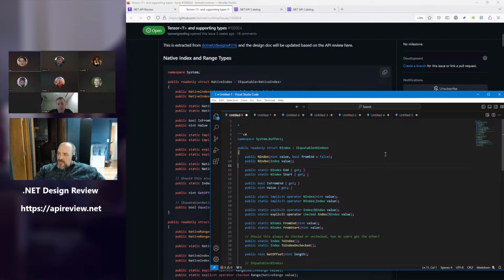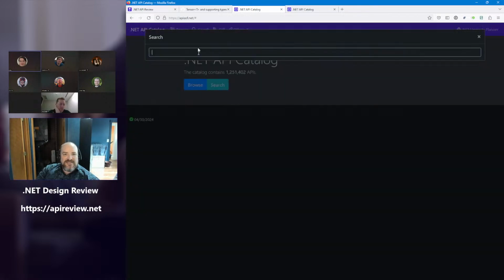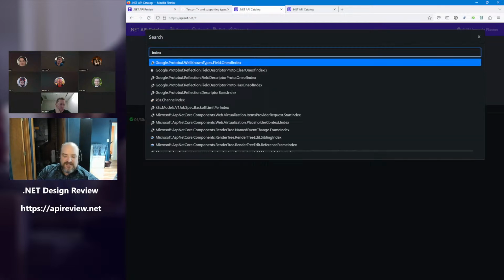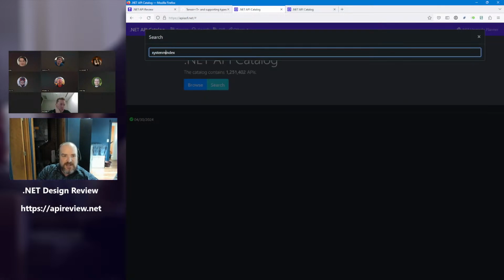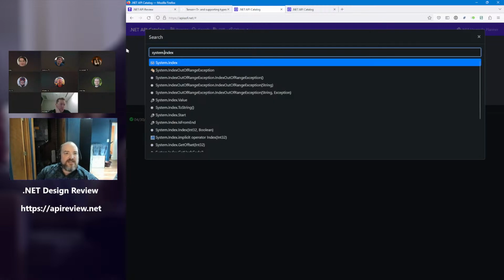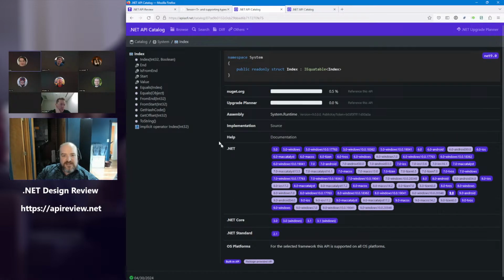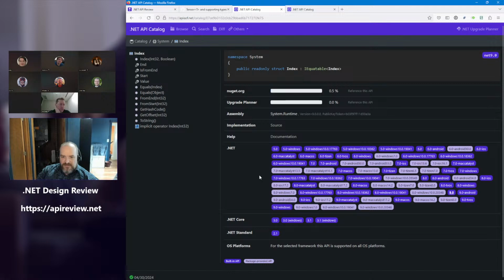Right, and we're already polyfilling index and range down level for net standard as well because enough people asked for it, if I remember right. We are? I thought we were. I thought that was one of the ones that got approved. I thought it was like Microsoft BCL index or something like that. Emo says no. Okay. Maybe it's just one of the ones that we've discussed time and time again and haven't done yet.